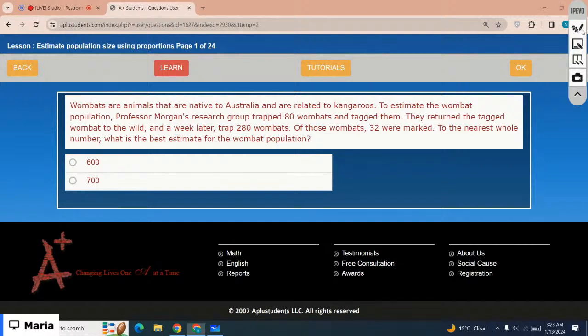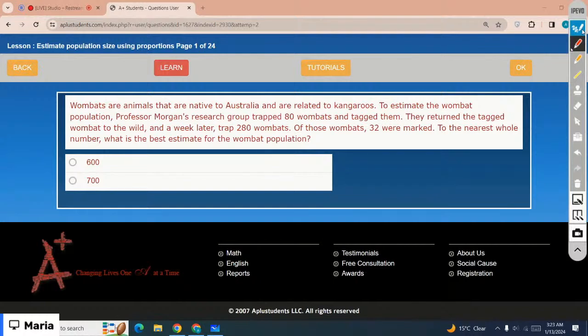Okay, so there are 32 marked out of 280, right? And they marked 80 out of the total, you don't know how much total, right? That is the estimated value you need to calculate. So you have to solve this proportion for P, right? So just solve, that is P equals 80 times 280 divided by 32. So that is